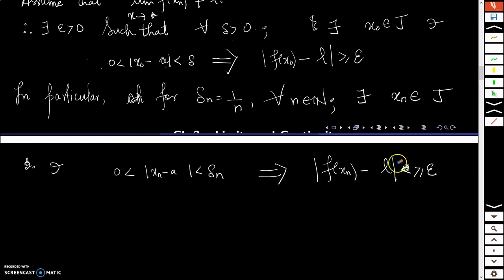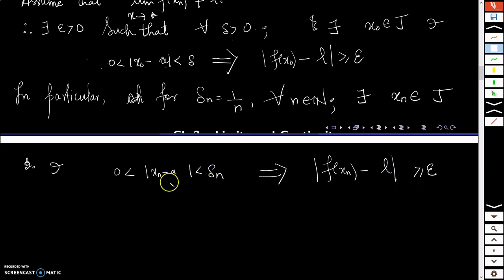That means it is greater than or equal to epsilon, right? So for each delta n, this is going to happen. Now if you try to analyze this, mod xn minus a lies between 0 and delta n, implies that mod f of xn minus L is bigger than or equal to epsilon,